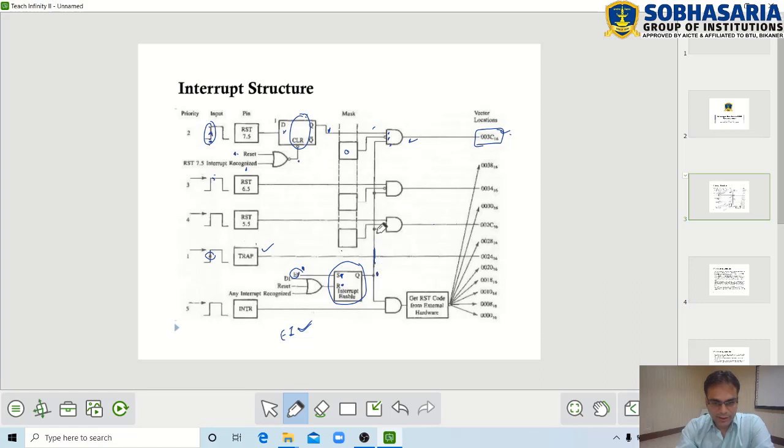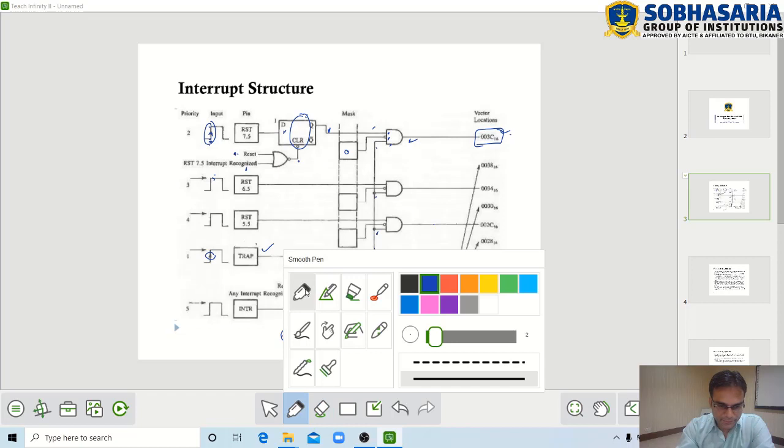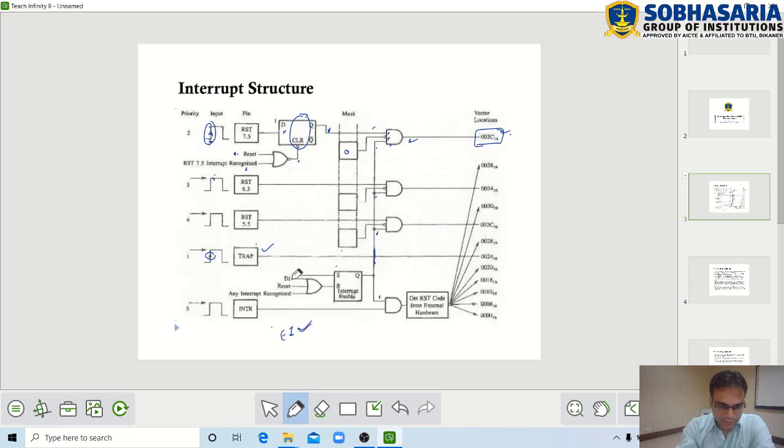So a 1 over here will enable all these lines and this line of INTR as well, right? Suppose a DI instruction is executed, which is nothing but disable interrupt. Then DI is 1, right?